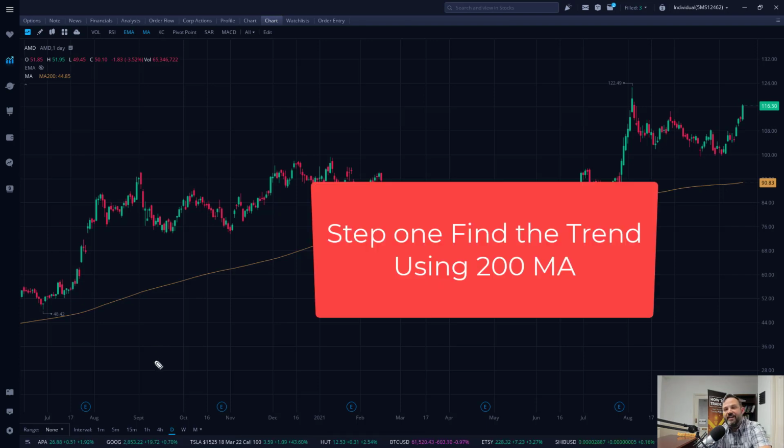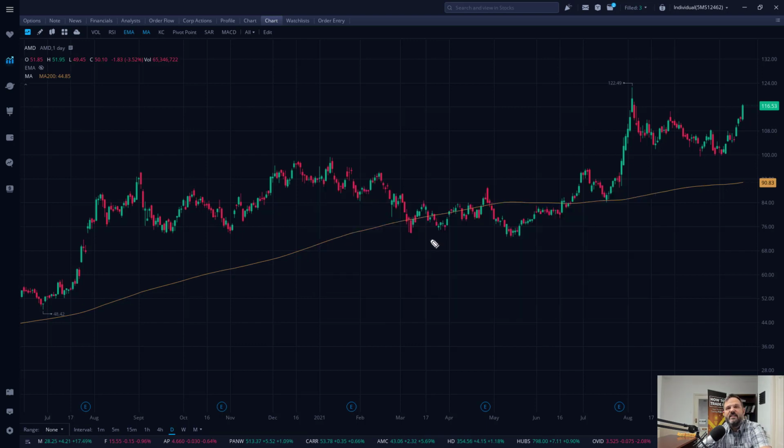So step one is you need the 200 period moving average as seen. Step two, once you see that, you then need a price action signal. The price action signal that I'm looking for is something that they call a double or possibly triple bottom, but I need to identify a resistance point or a support level, and I try to then find a double bottom. Then, once we find the double bottom, I look for a price action signal called a bullish engulfing candle. And so when you get the bullish engulfing candle, you then enter the trade.